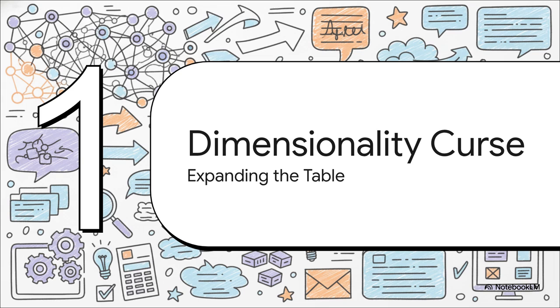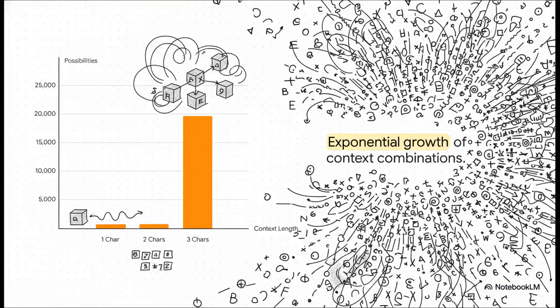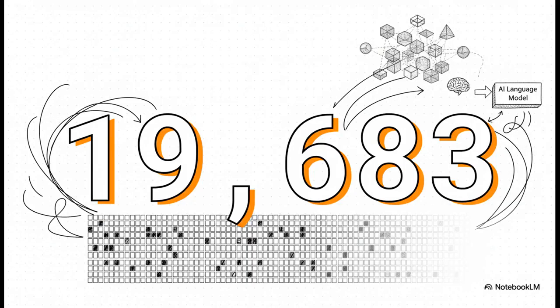Section 3, Curse of Dimensionality. If we try to expand our counting table, the combinations grow exponentially, like out of control. If we look one character back, we have a table with 27 rows, totally manageable. If we look 2 characters back to predict the third, that's 27 times 27, which is 729 rows. Still okay. But what if we try to take just 3 characters of context? The number of combinations absolutely explodes. We hit nearly 20,000 rows, specifically